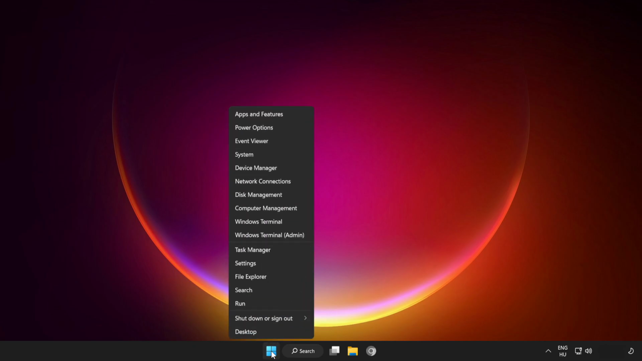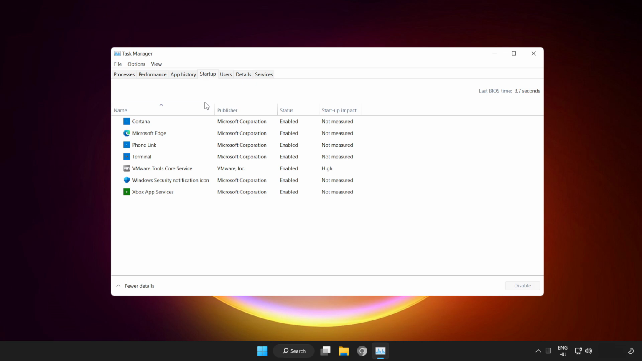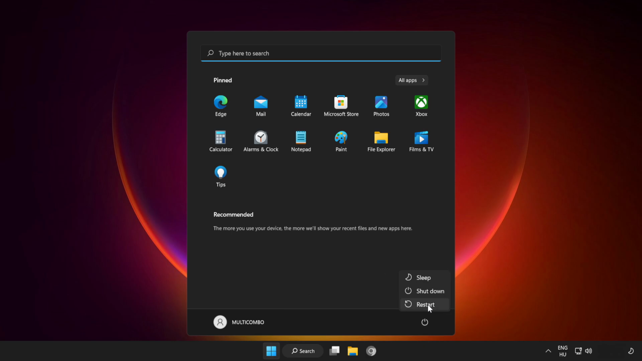Right-click Start menu. Open Task Manager. Click Startup. Disable not used applications. Close window. And restart your PC. If that didn't work,